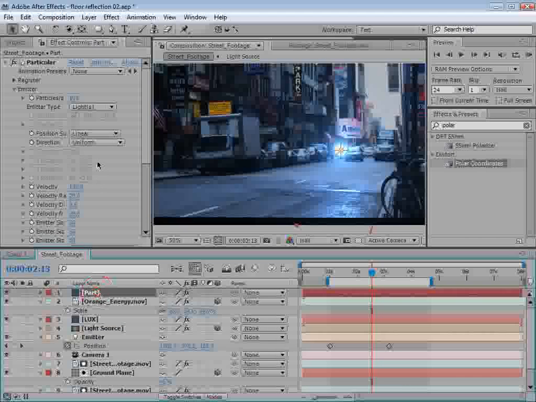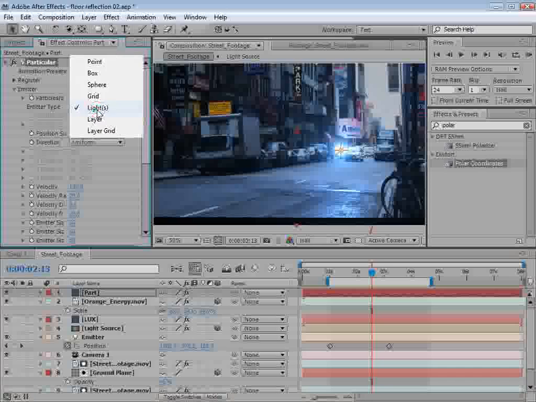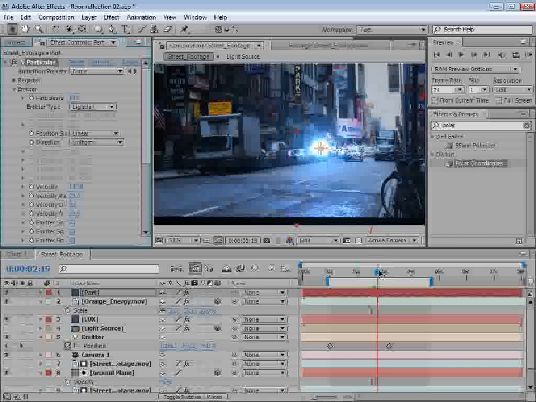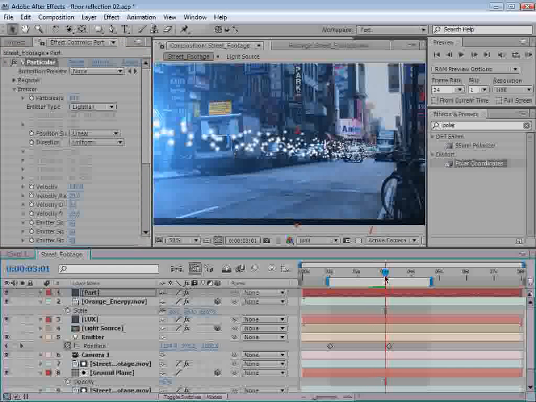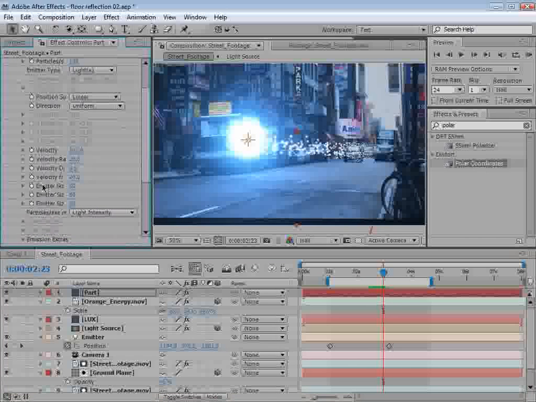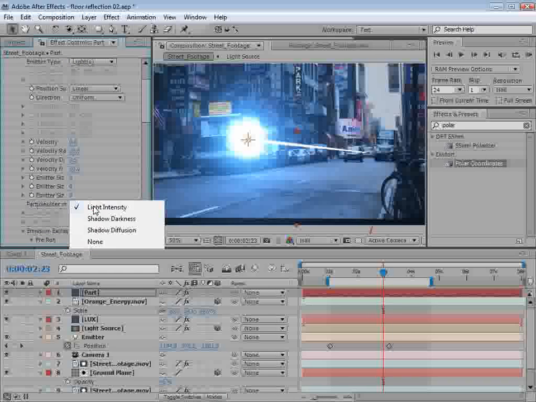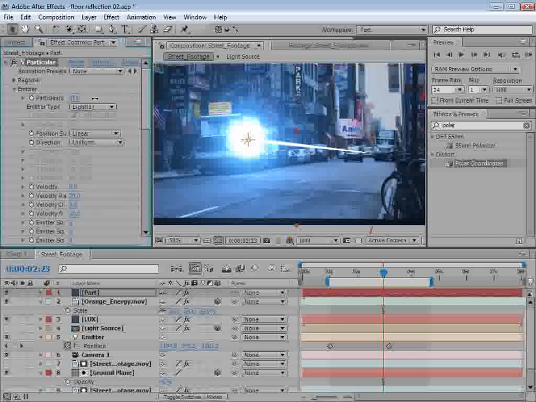And then, if we go to Particular, we could just refresh this by going to lights. And now you can see we have a bunch of particles following our light. And that's exactly what we want. We're going to turn the emitter size down to 0 by 0 by 0. And also, we want to change the particles per second to none. We want to just control it here at the top and just give it enough particles so that it's an